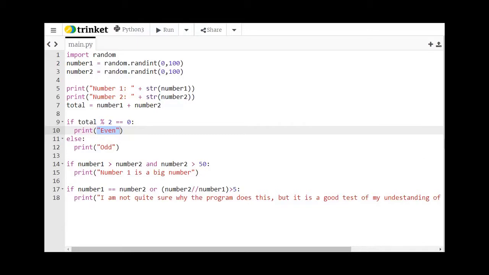And the final bit, which was completely random but is just demonstrating our knowledge and understanding, is it needs to check if number 1 is equal to number 2, that's fine, or if number 1 divides wholly into number 2 more than 5 times. So the first bit's fairly straightforward. We just say if number 1 equals number 2, or, and then we've got our Boolean operator, so it's one or the other, number 2, and then the //